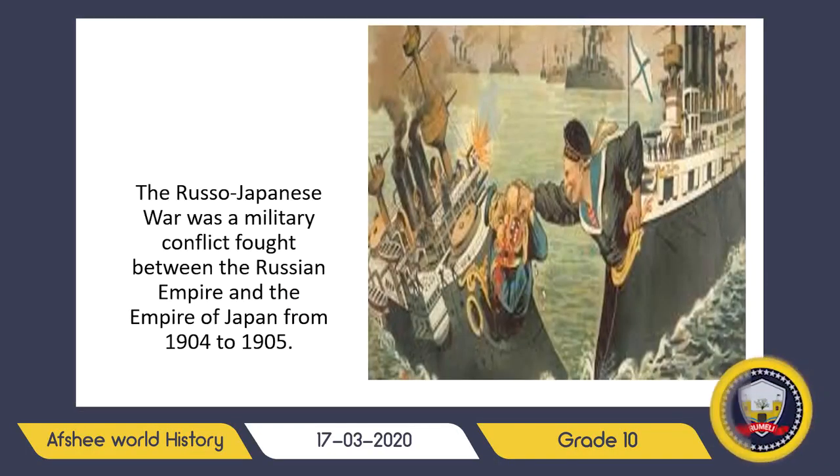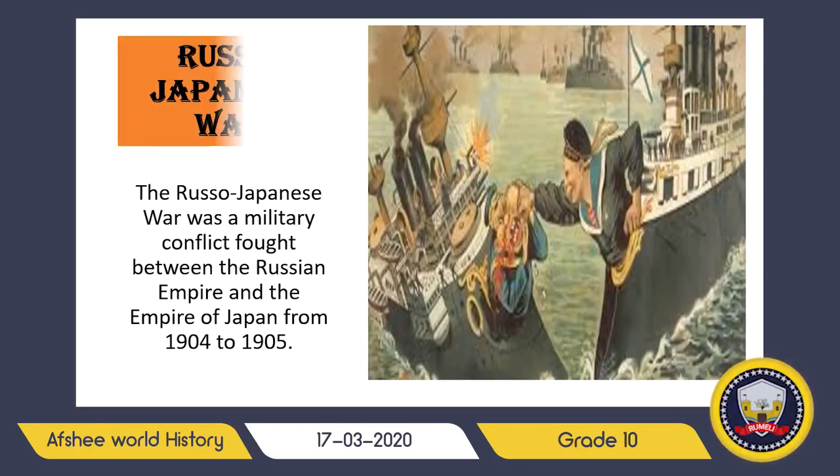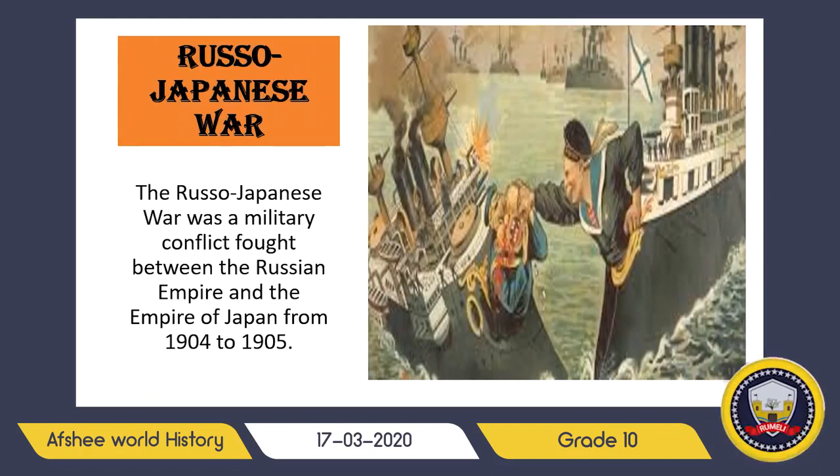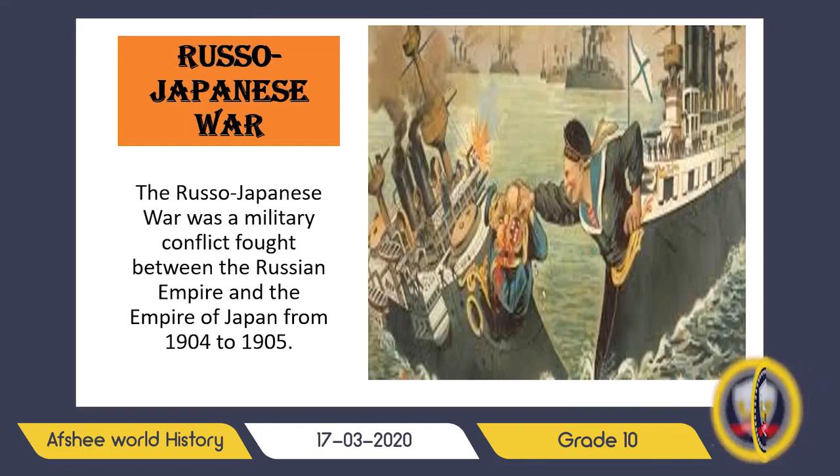Now we will talk about the Russo-Japanese War. What was the Russo-Japanese War? Basically it speaks about Imperial Japan, and how Japan increased its influence in Asia. By 1890, Japan had the strongest military in Asia. It asked foreigners to give up their special rights in Japan, and the European nations agreed. Japan felt equal to the Western nations.